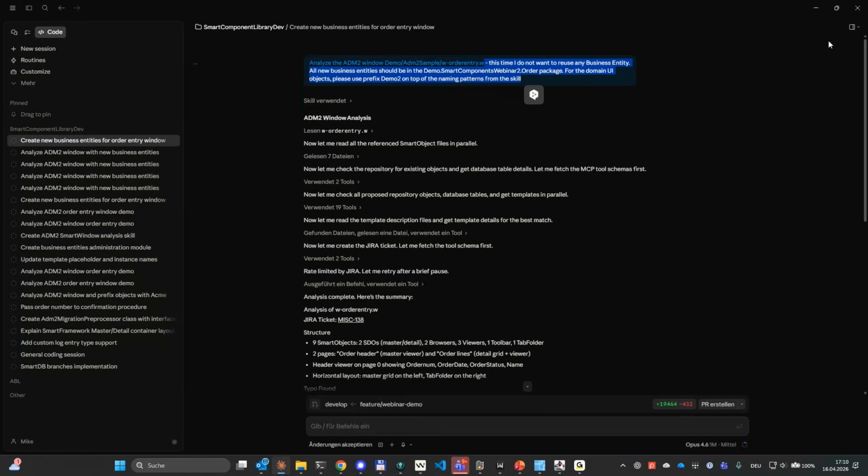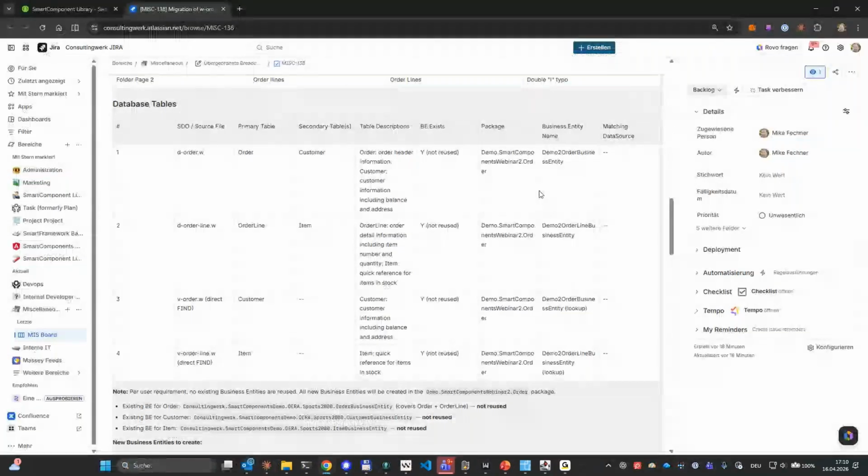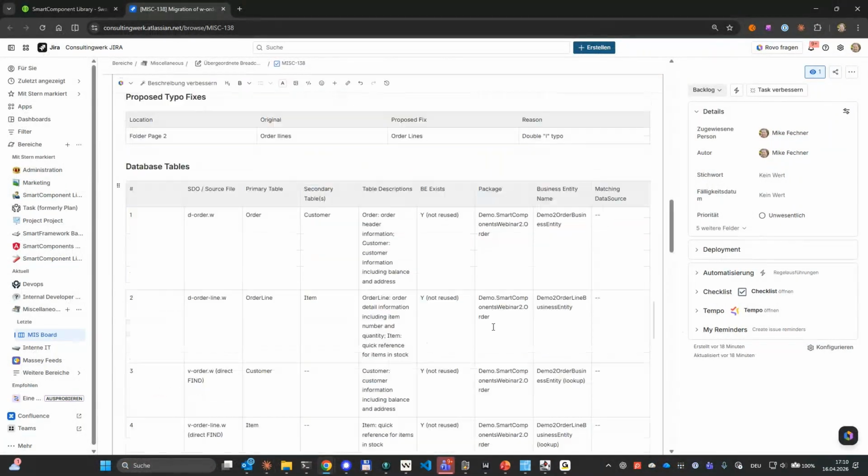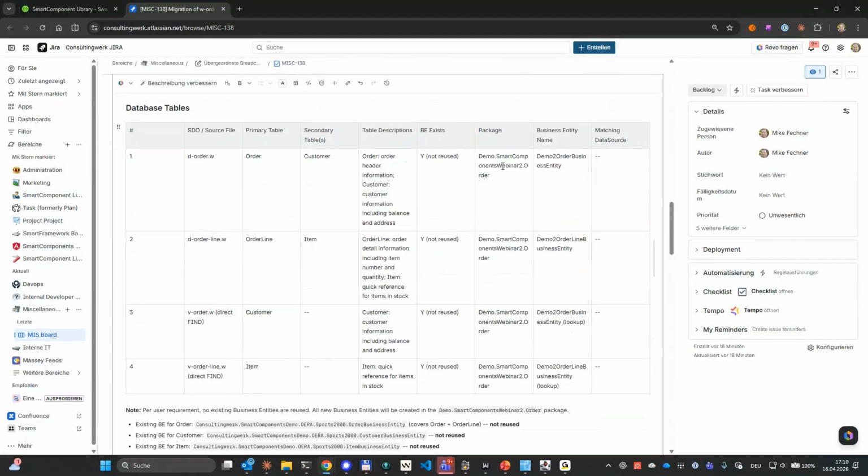You can even go into more detail. You could say, you know, reuse all of the business entities except for this one. There we create a dedicated new one because this use case is different. You are in control. That's very important. So now I'm going to do that. I'm just going to go into the JIRA ticket and I edit that. And it creates me the order business entity in an order package. That's fine. I want the order lines business entity in a package order detail. I want the